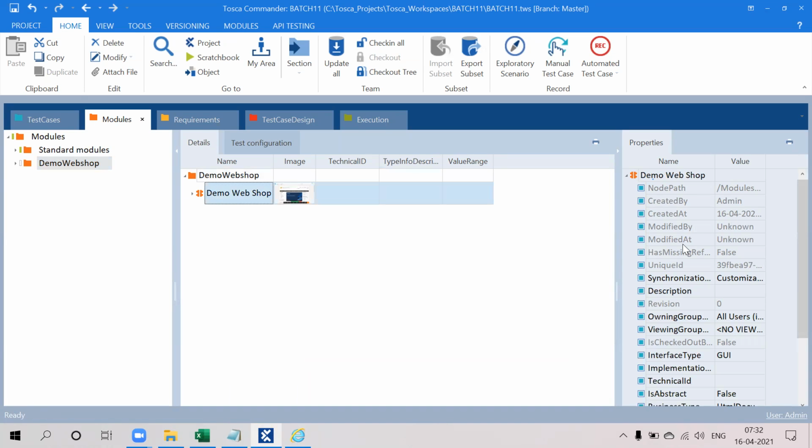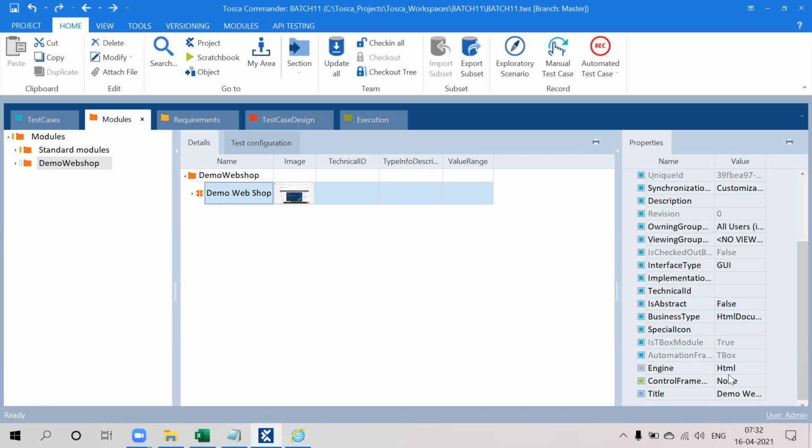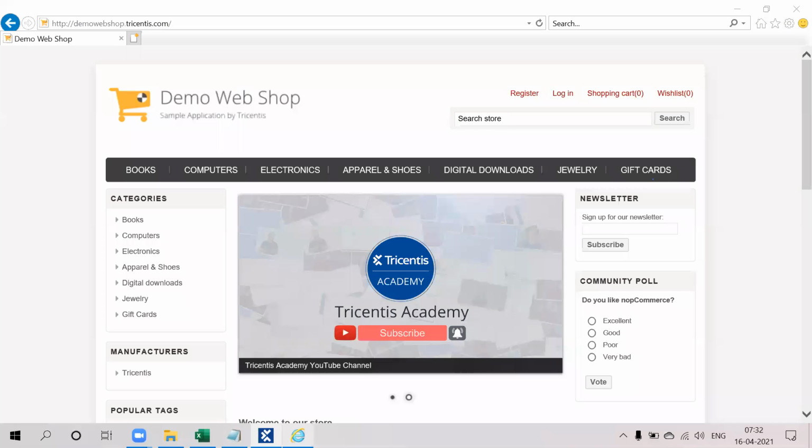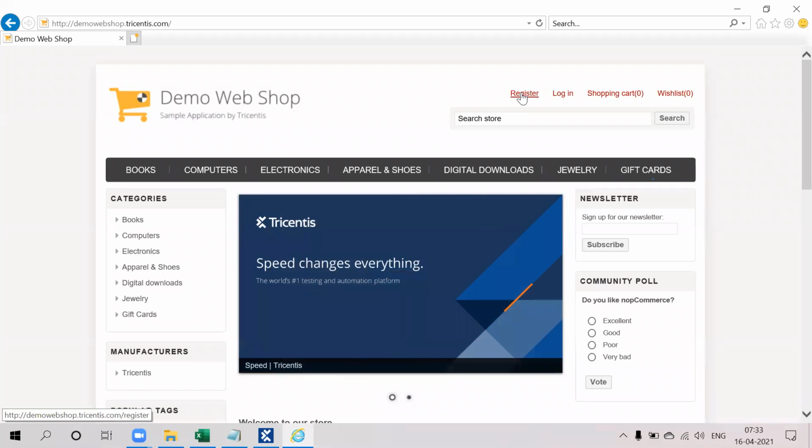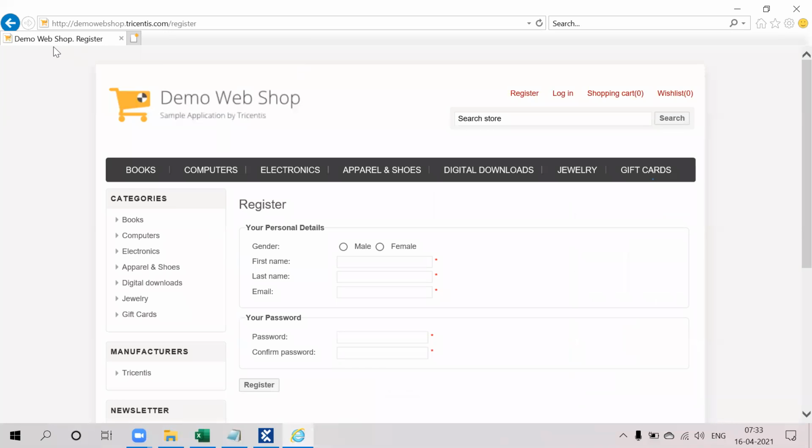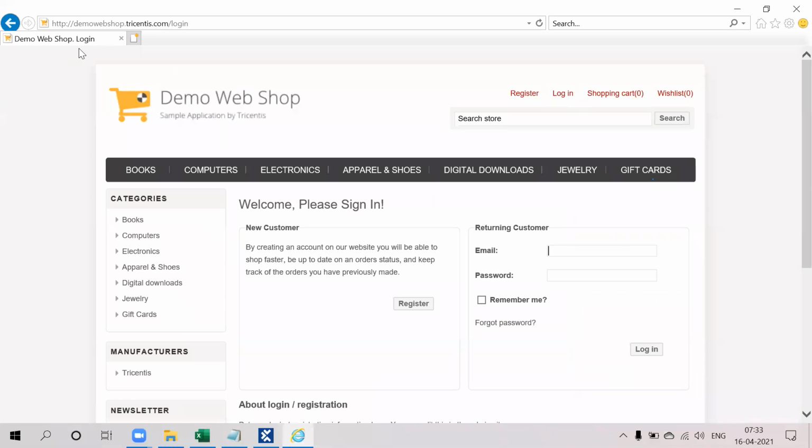Whenever you have created a module, go to the title and change it dynamically. Add some wildcard character to make the title unique, because whenever you are working on the register page, the title will change, like demo web shop dot register, or when I click on this login link, it will change to demo web shop dot login.